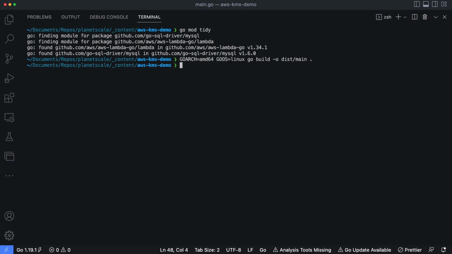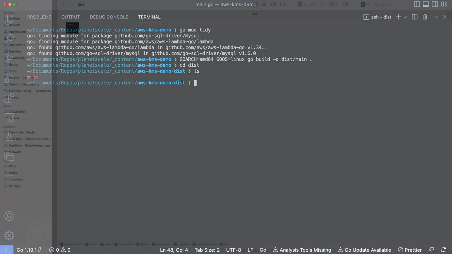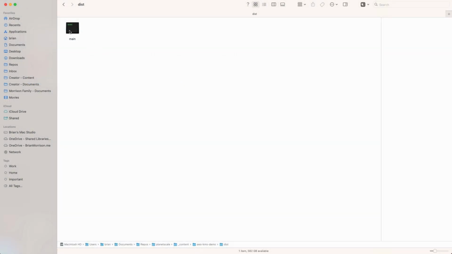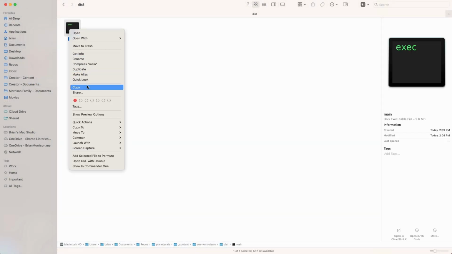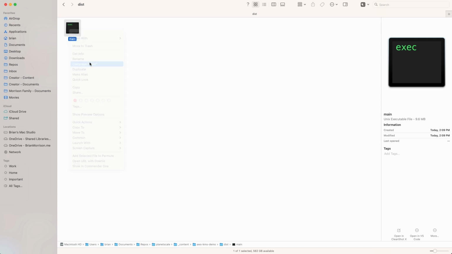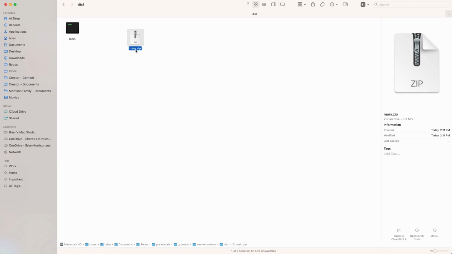Okay, so there's no output, which likely means we successfully built the project. If I cd into the dist directory and perform an ls, you can see we have a single main file, which is the executable binary that we will zip up and send to AWS. So the output directory is open here in Finder. I'm simply going to right-click on the binary and select compress main. And this is going to create a file called main.zip, which is going to contain the file we need to